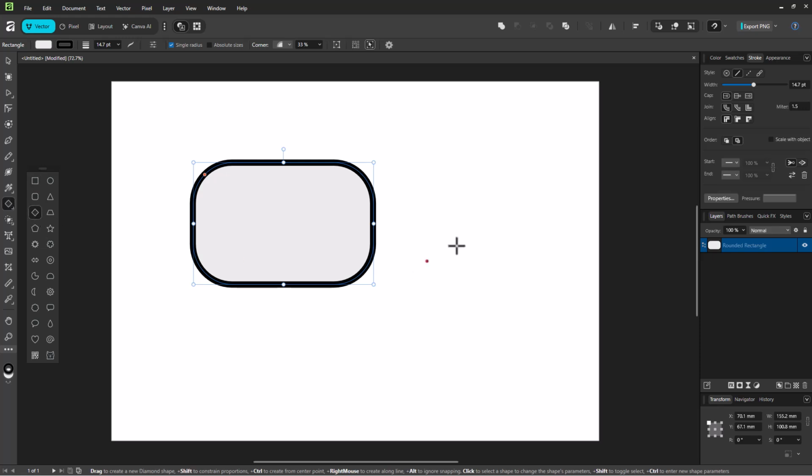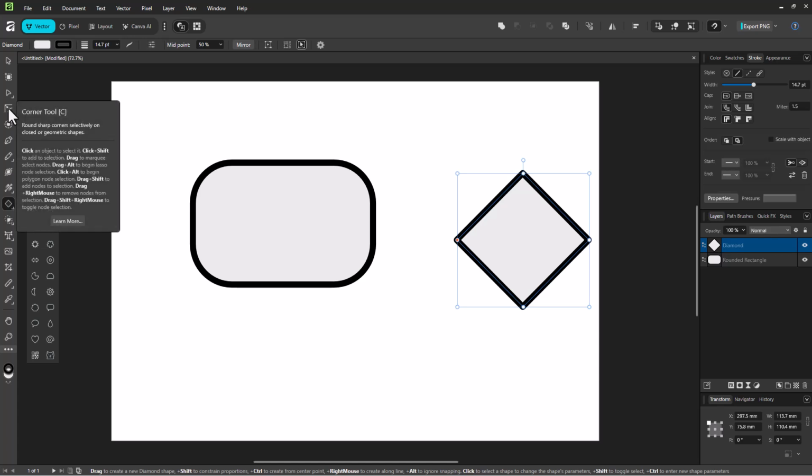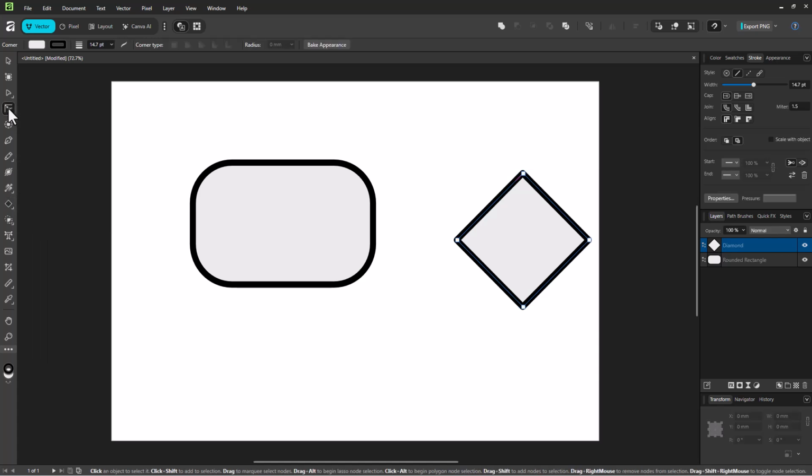But if I bring in other shapes like this diamond, then you don't really have those corner options right here. So if you want to make the corner of this diamond shape rounded, you can go over here onto the left hand side and go to the corner tool. Once you do that, you can click and drag out the corner,